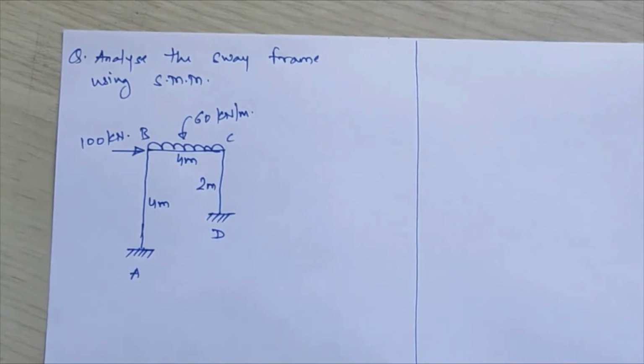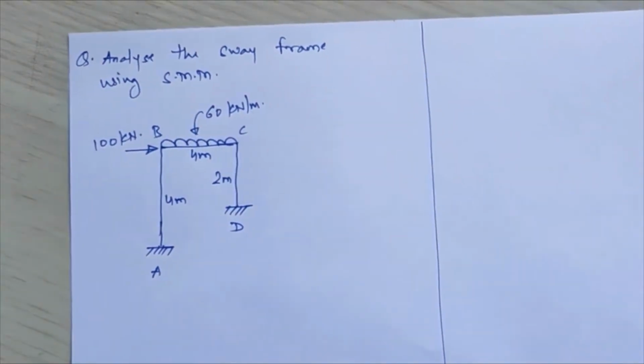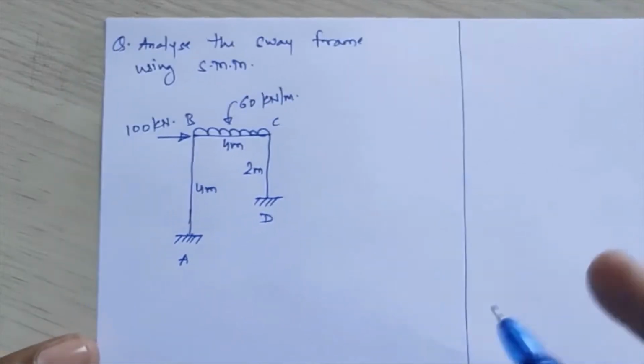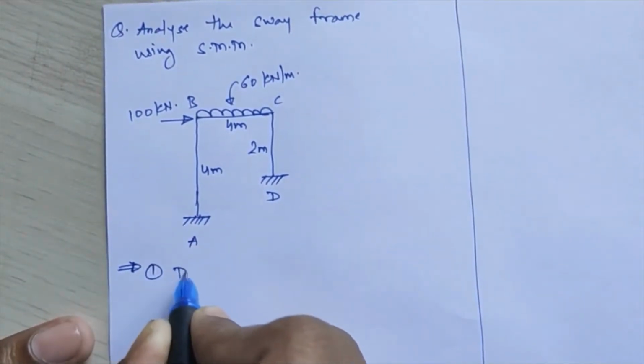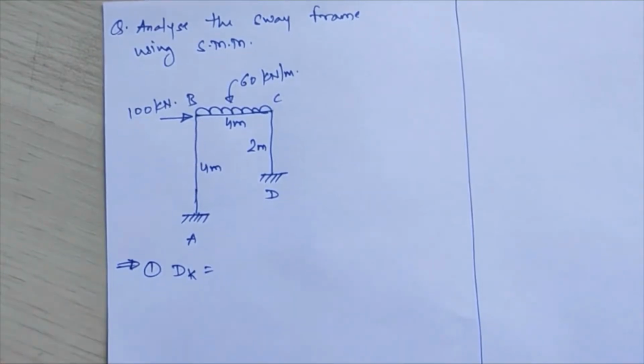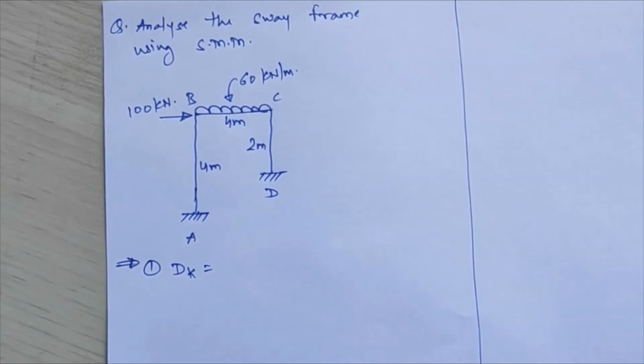In between span AB and span CD there is no loading provided to you. So you have to analyze this frame by using stiffness matrix method. Okay, so we'll start with that. So first step in that is you have to calculate the degree of kinematic indeterminacy dk. So for calculation of dk,